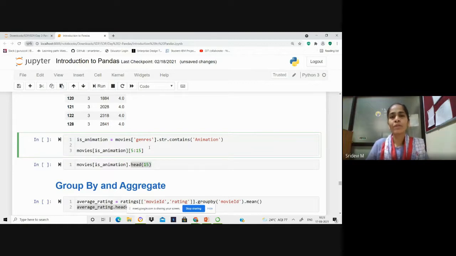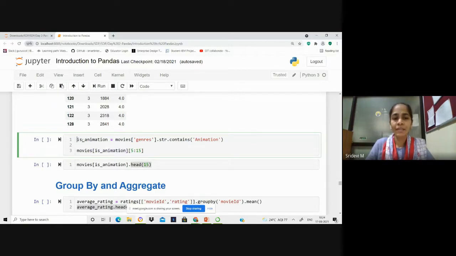But from that, you wanted to locate only animation movies, or at least those where the genre contains animation. In such cases, we can create a filter is animation with a condition. What is the condition? On the movies table, on the genres column, if the string in the genres column contains animation, then such rows have to be extracted.